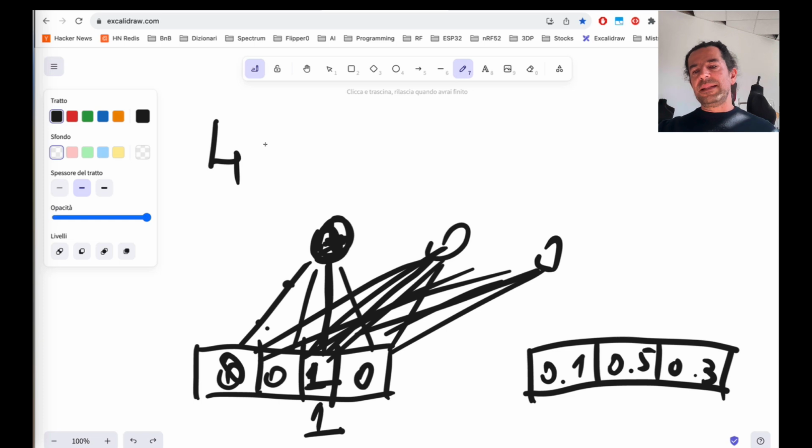This is how embeddings were invented. Based on this observation, one could tell that the one here in the one-hot encoded representation is just selecting a different set of weights.